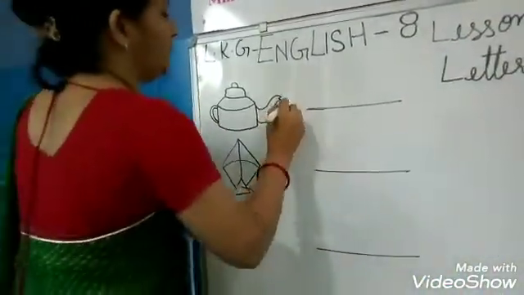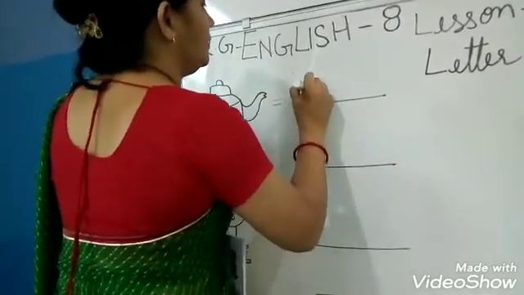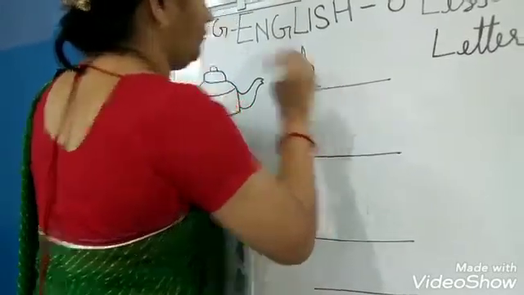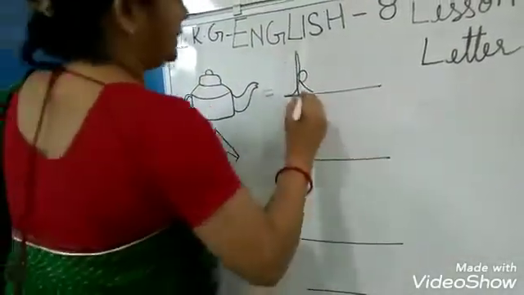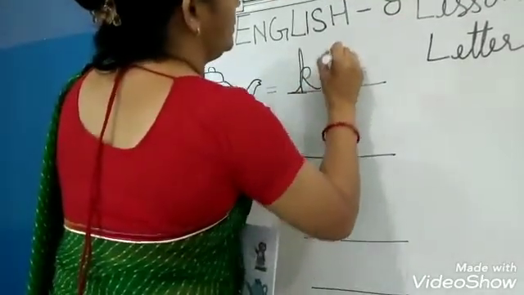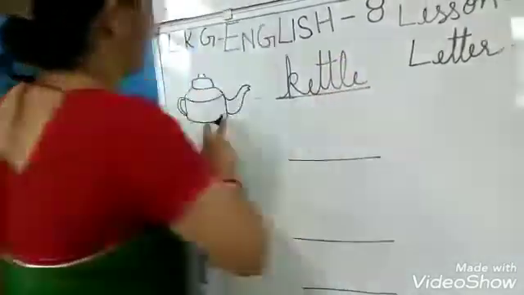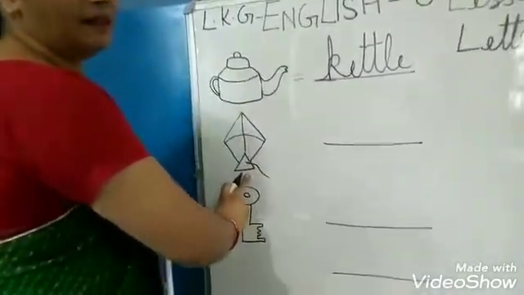So right here write in small letter, kettle. K for kettle. Okay, next picture is children,